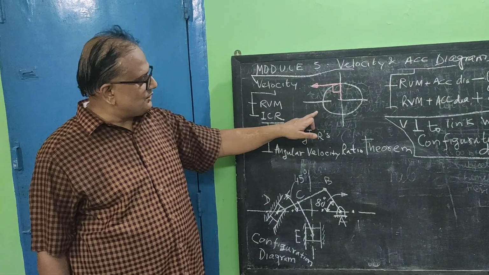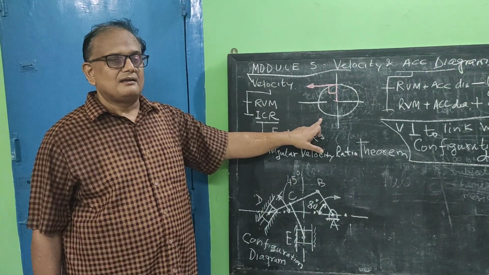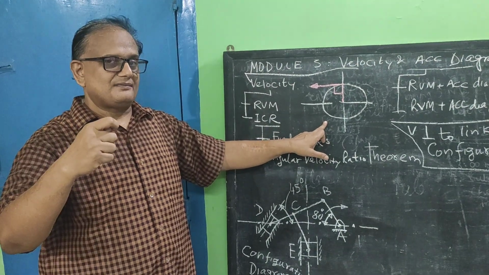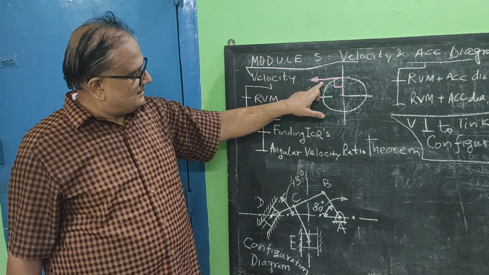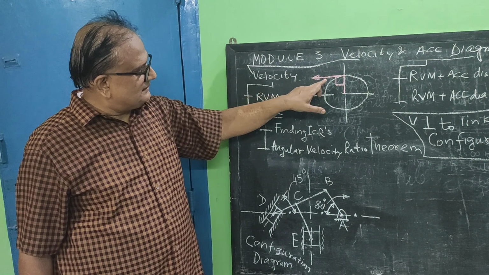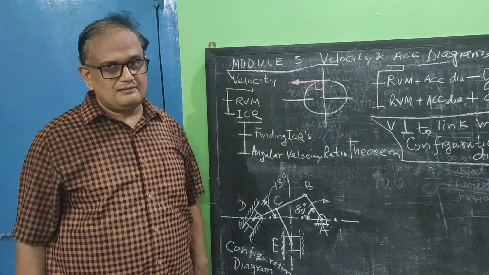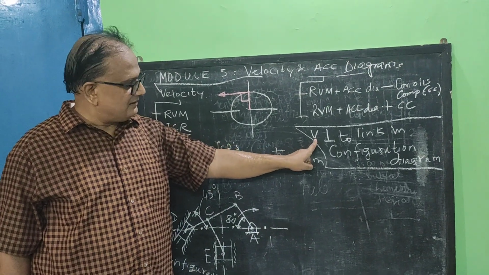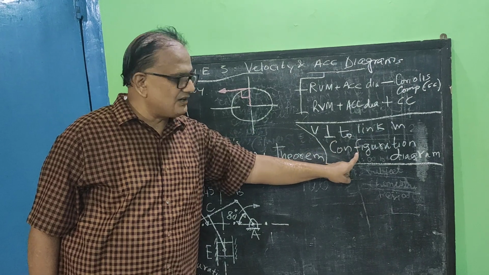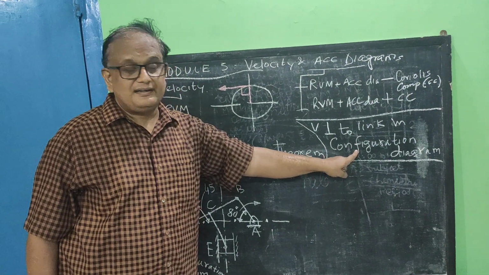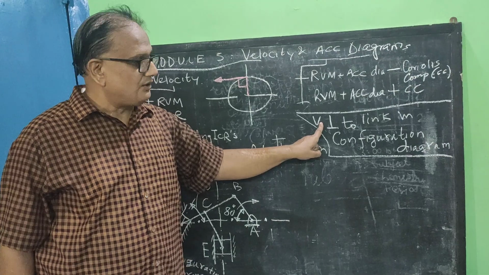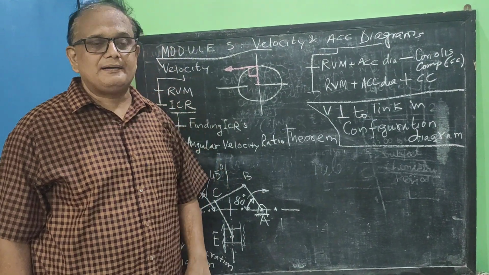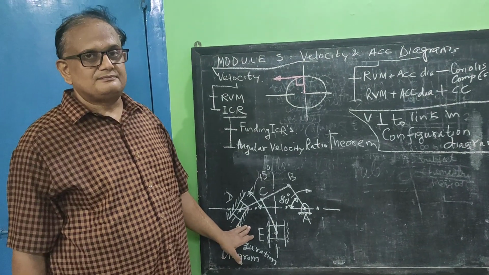बच्चों, इससे पहले we will take you to this particular example here. याद है बचपन में एक रस्सी लेते थे, पत्थर बांधते थे, जोर जोर से घुमाते थे। उस वक्त क्या होता था? If this is the velocity of that पत्थर, then this is perpendicular to this particular link. So remember this. We always draw the velocity of a link perpendicular to that link in the configuration diagram. Okay? This is our configuration diagram.